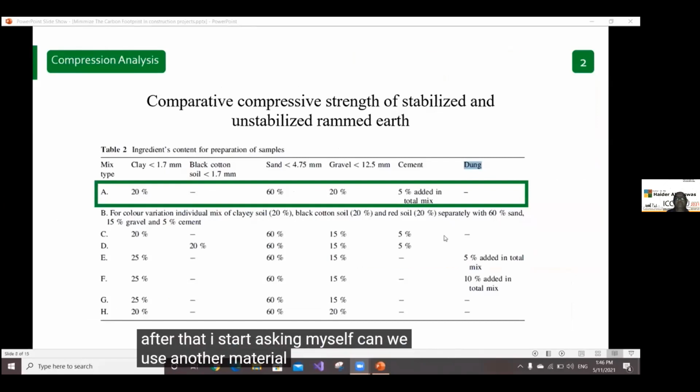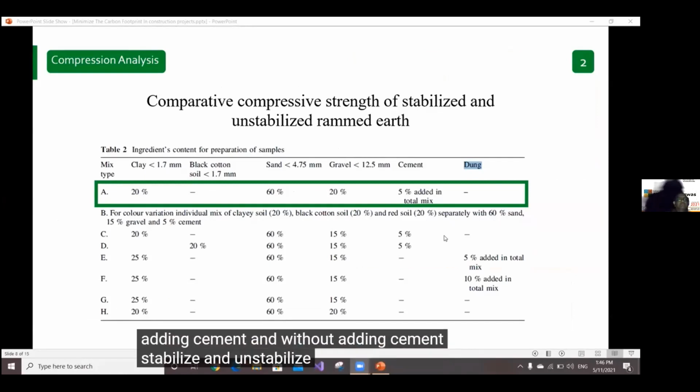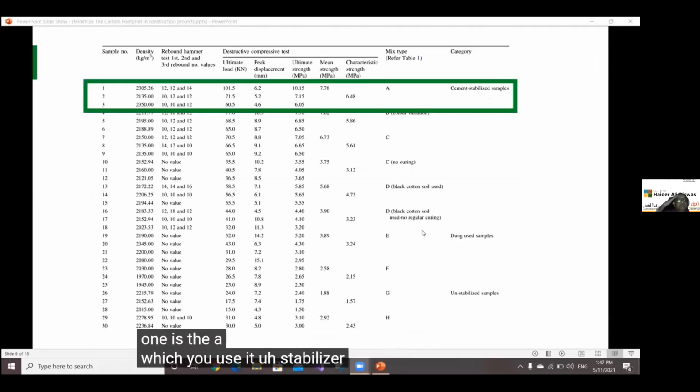After that, I start asking myself, can we use another material? Can we add organic material in stabilized or unstabilized rammed earth? And I find a study that talks about that. They made different mixtures, adding cement and without adding cement, stabilized and unstabilized. And sometimes they use organic material like dung. And the result from this mixture, the best one is the A, which uses stabilized rammed earth with adding